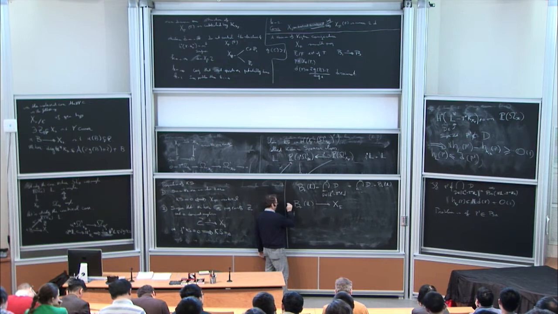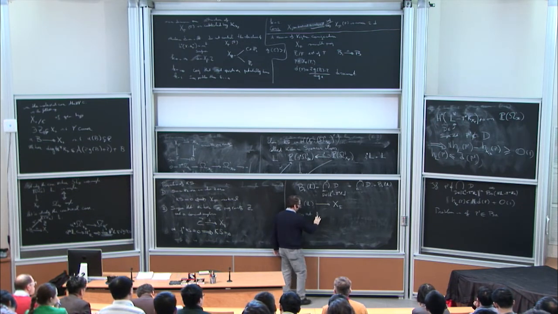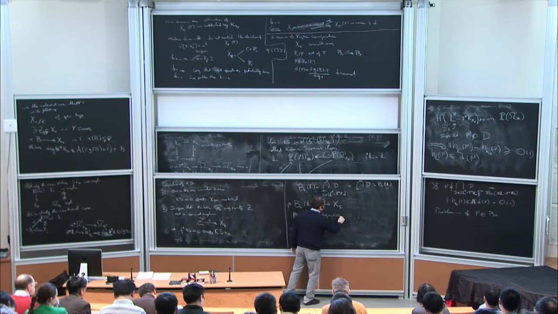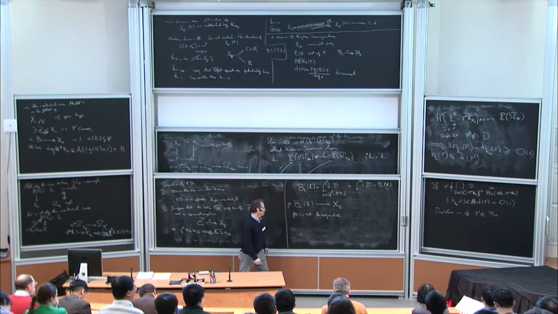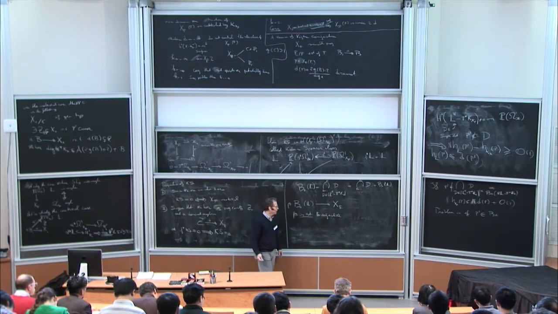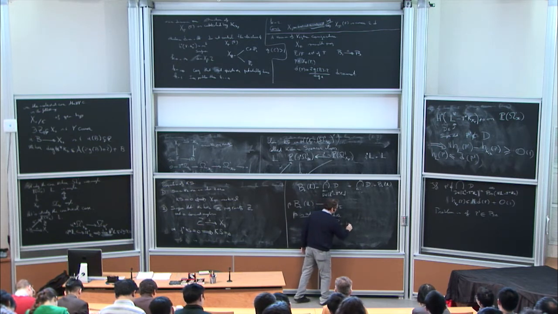This map, call it beta. Beta is not dominant, is not surjective. If beta is not surjective, we are done, because let Z be the image,